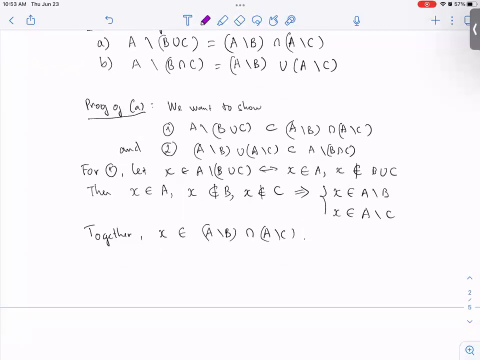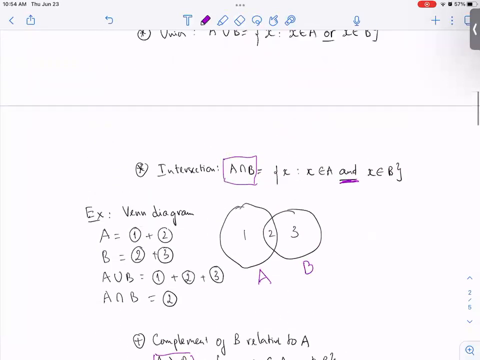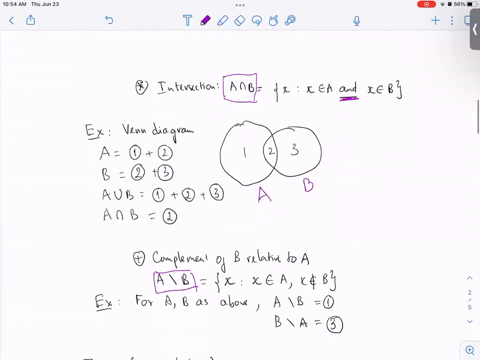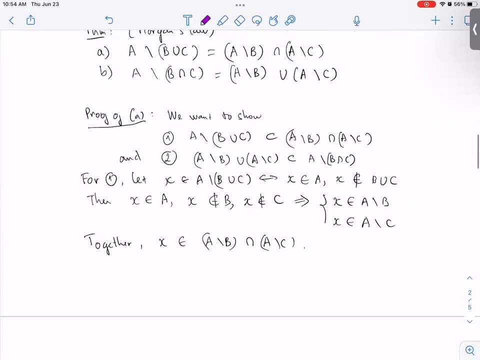So in this case, we want to show that the complement of this union related to A is equal to the intersection of these two sets. So going back to the definition of equality, we observe that A equals B, the two sets are equal to each other, if each set is a subset of the other. So applying that definition to this problem, we want to show that first, the complement here is a subset of the intersection, and second,